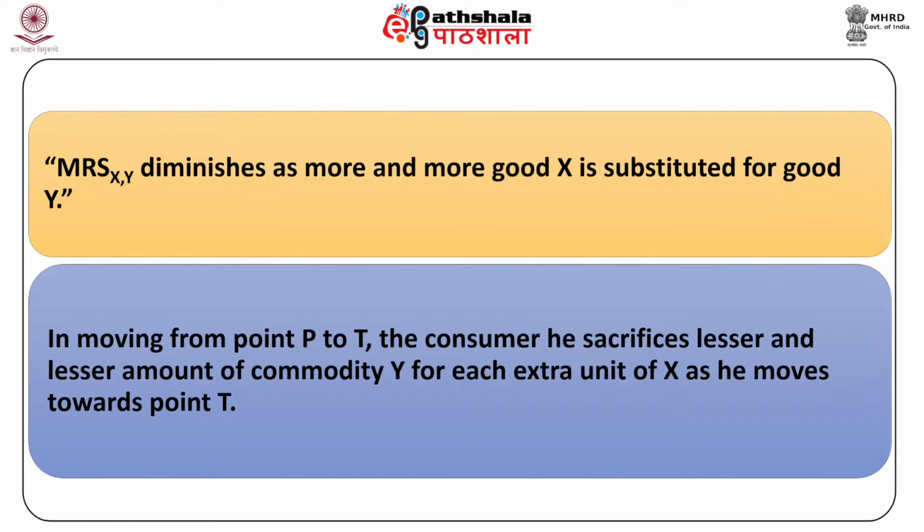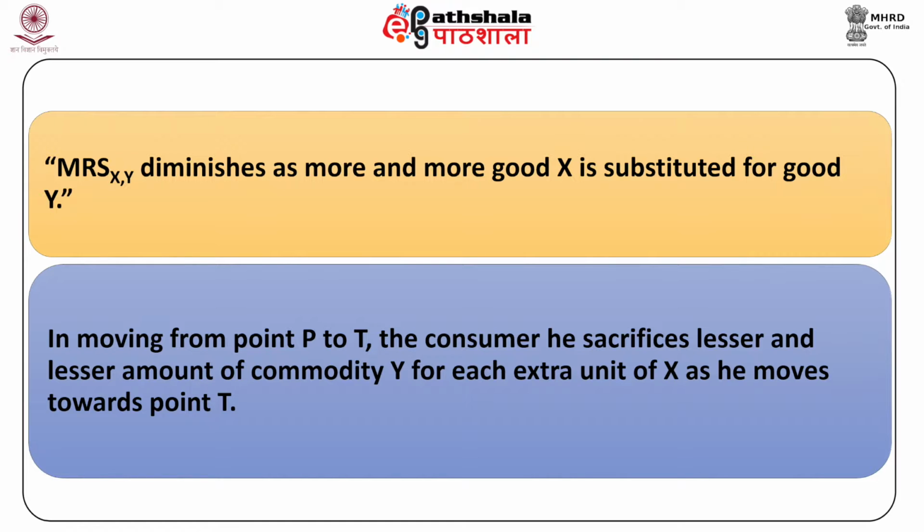Rather, he sacrifices lesser and lesser amount of commodity y for each extra unit of x as he moves towards point T. This behavior of the consumer is said to be satisfying the principle of diminishing marginal rate of substitution, which says that the marginal rate of substitution between x and y diminishes as more and more of good x is